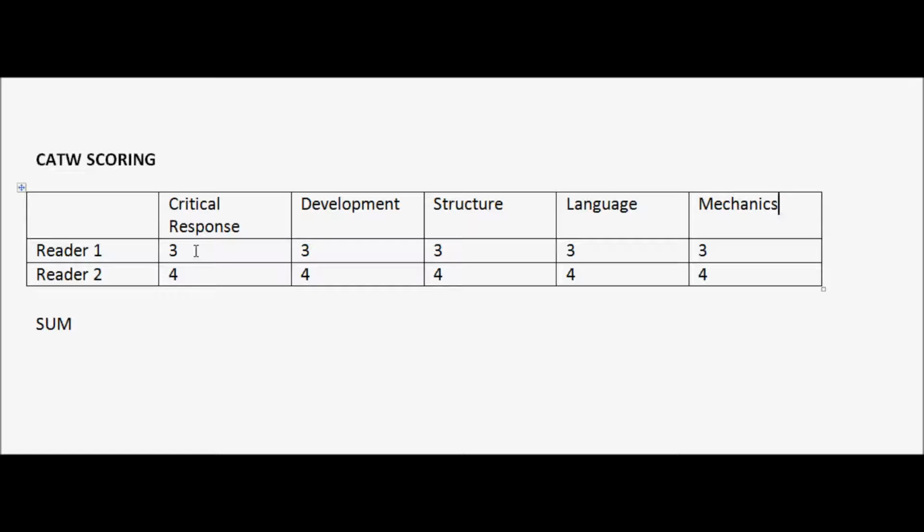So let's say reader 1 gives a student essay 3 for each category, 3 for each of the 5, but the second reader gives the same essay a 4. As a result, first of all, you add up the 2 scores. So the first category, add up the 2 scores from the 2 readers. That's a 7. Second category, 7 for structure, 7 for language, 7 for mechanics, 3 plus 4 again is 7. The next step is